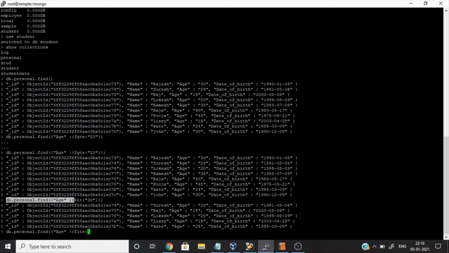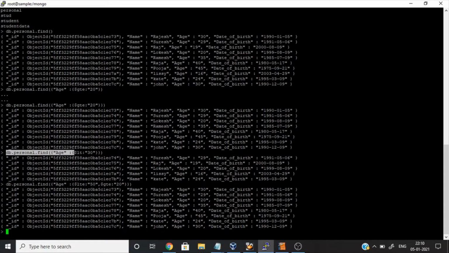Okay, let me give it less than or equal to 50 and greater than or equal to 20. You can see that we just got the data where age is between 20 and 50.